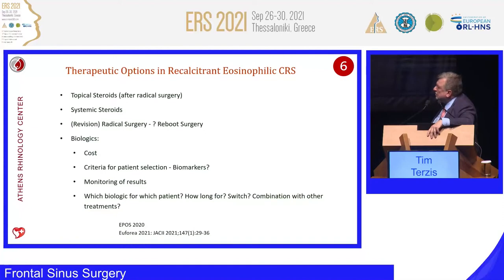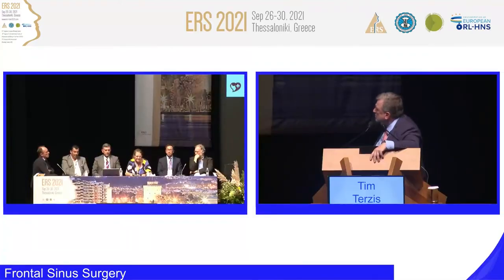I think it totally depends on your local situation. At the moment, EPOS still advises to do surgery before biological, and I still feel that that's the way we should proceed because it's so terribly expensive. And we know a lot of patients will do well. On the other hand, you could argue that if you know already that a patient has all the signs of having very severe recalcitrant disease, and you know that there is now medication that is so effective, and we start now to learn to play with it and how to taper the dose,